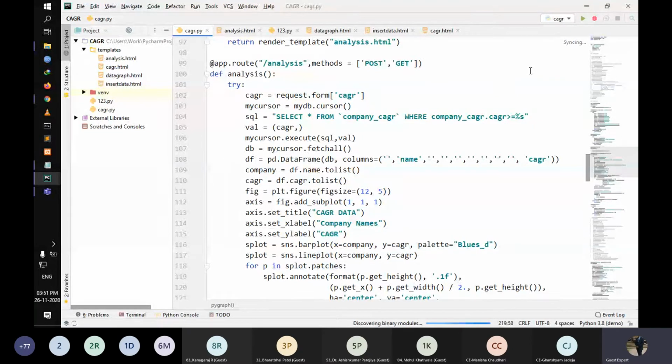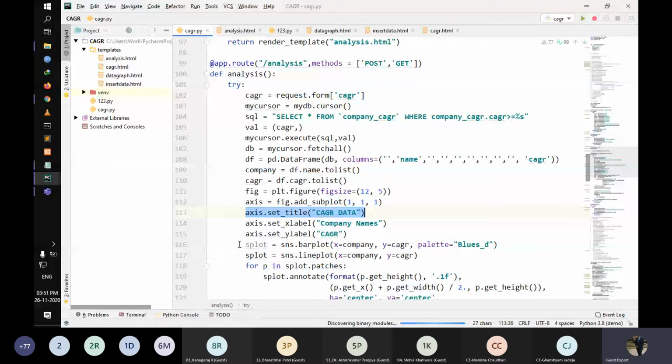With this tolist command, we are setting the company CAGR and that figure we can plot, and then we give a title to our graph as CAGR, then the company name, and the x-axis and y-axis, where the x-axis represents the company name and the y-axis represents the CAGR.